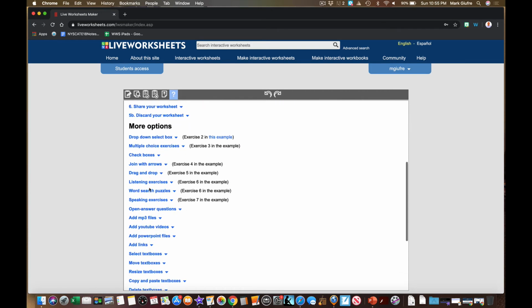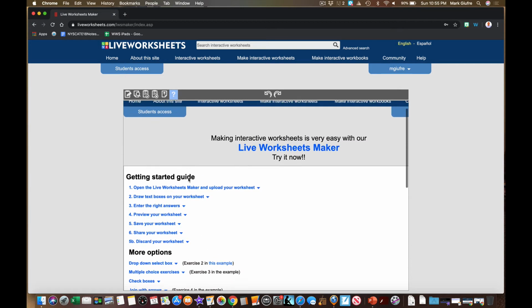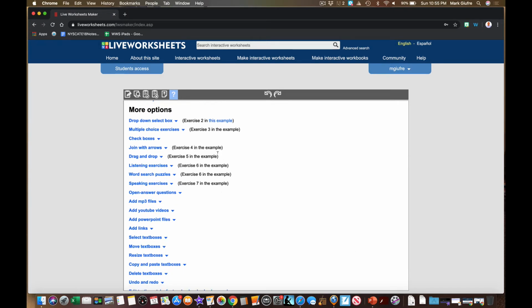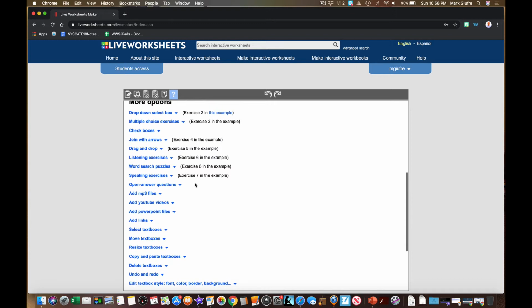this is your instructional guide on how to use this site. And again, I said it was very easy, and it absolutely is very easy to do. If I look now down here, we were just drawing text boxes on your worksheet, the very basic level. Okay? There's a lot of other options. Joining with arrows, dragging and dropping activities, multiple choice activities. This worksheet that I just uploaded,